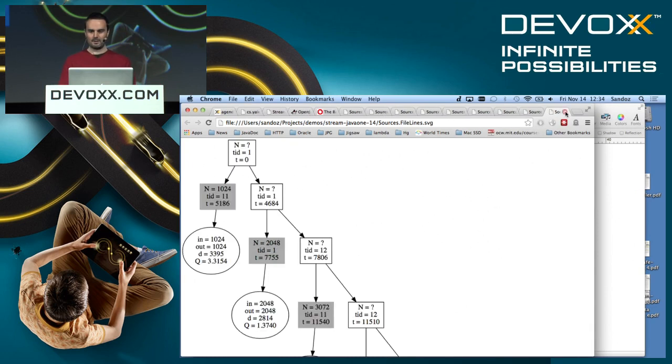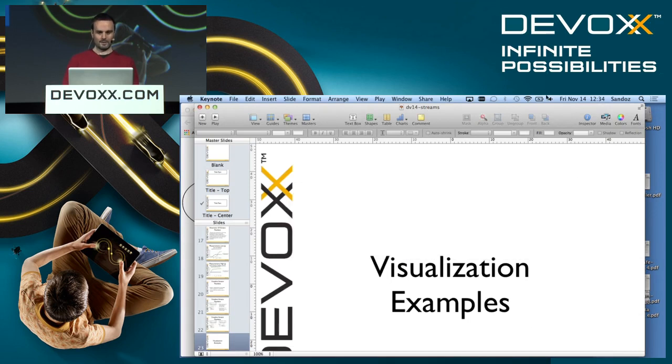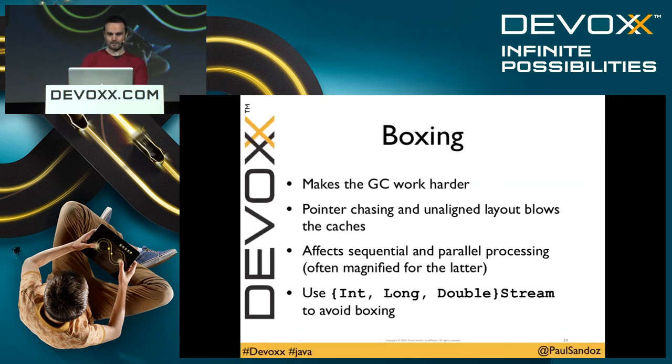Okay. I've got 60 minutes. I'll go back to the slides, and if I have time, I'll come back to some more of these with intermediates and terminals, because I want to talk a bit about the futures. And I'll see if there's questions, and we can carry on if we have a bit more time. So a bit about boxing.